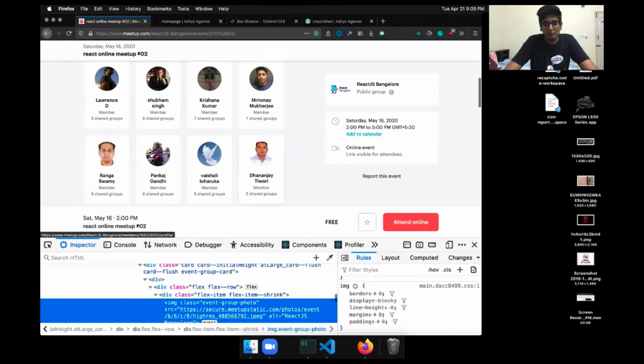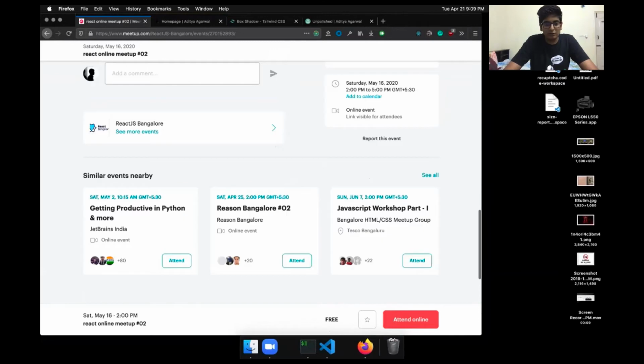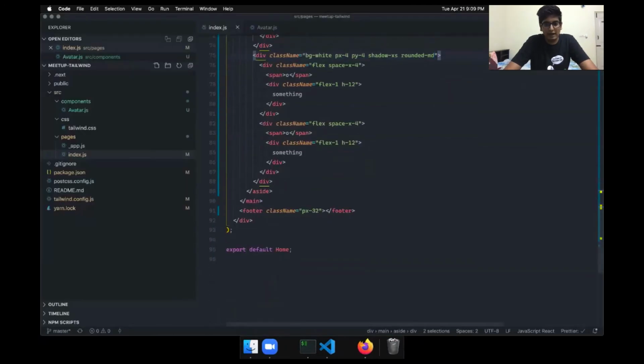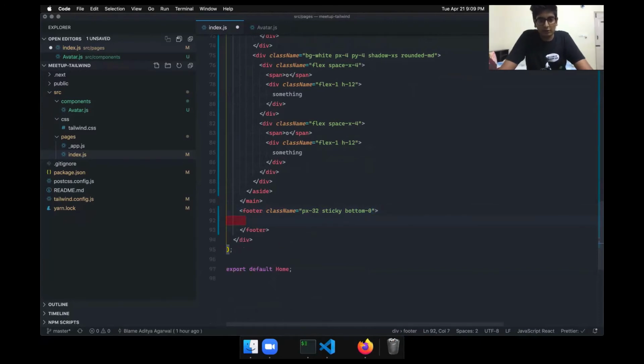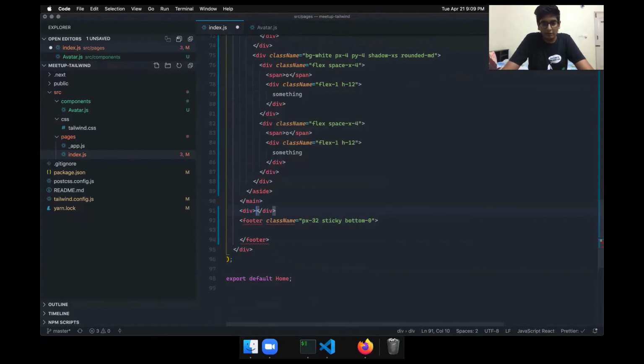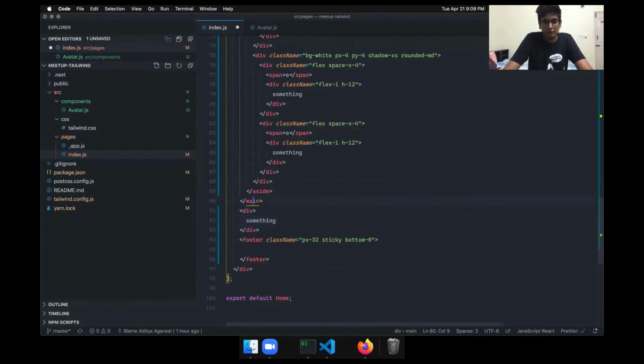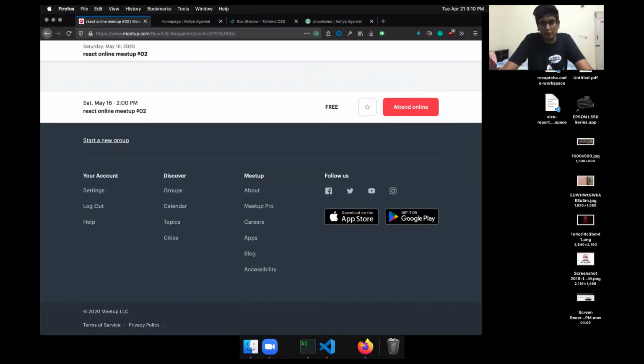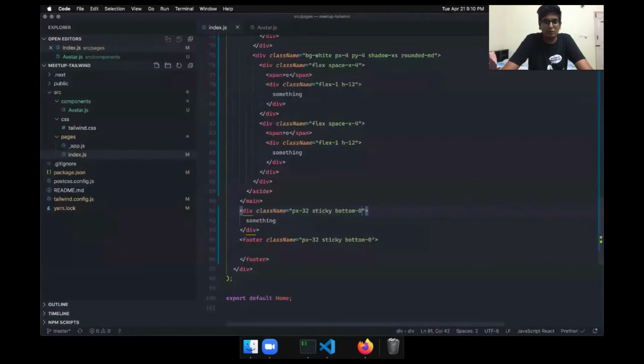Let's see what else we need to make. So since we are doing the sticky thing, let's do this sticky section as well. So what I have here is there's a footer, and so let's do the same thing here. So make it sticky, and I'll say bottom 0. Actually, instead of there, what we can do is there would be a footer, and then let's keep a div here, and this div will have the sticky effect, because this is not a real footer, this is the real footer. Cool.